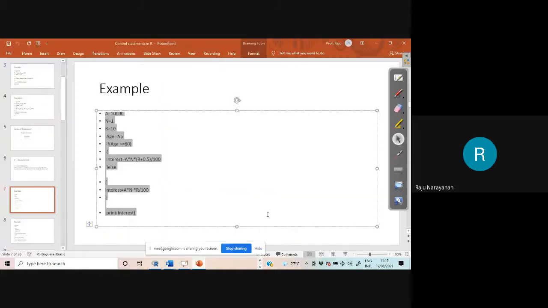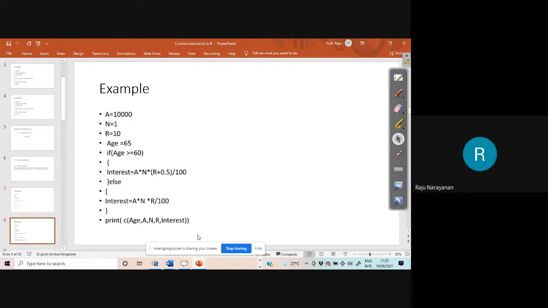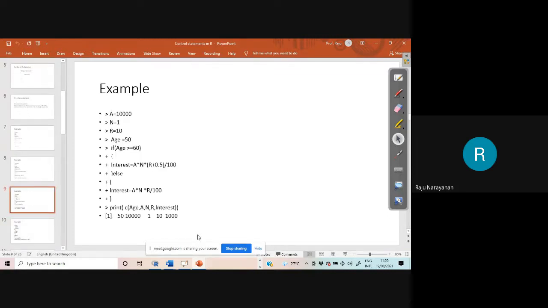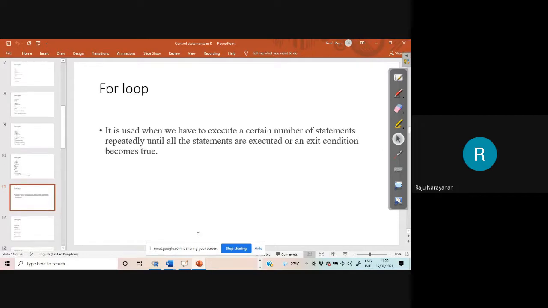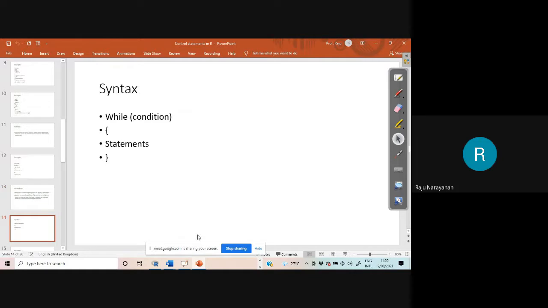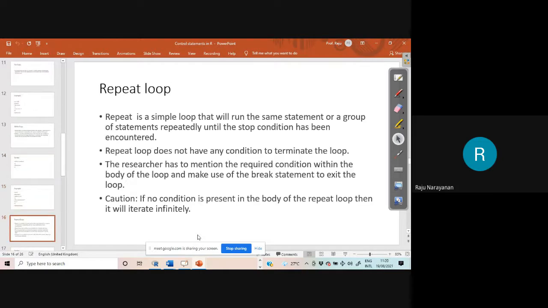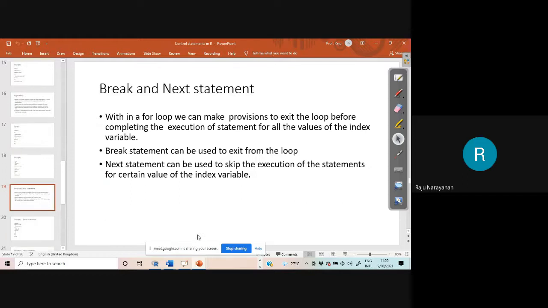I will explain one or two, and all other things you can study yourself. This we have done, this we have not done, but it is not needed. While loop is there, repeat loop is there. Break and next statements.